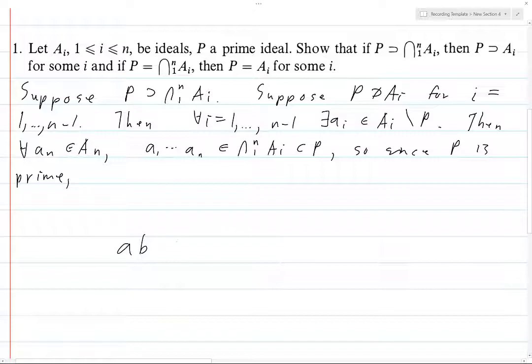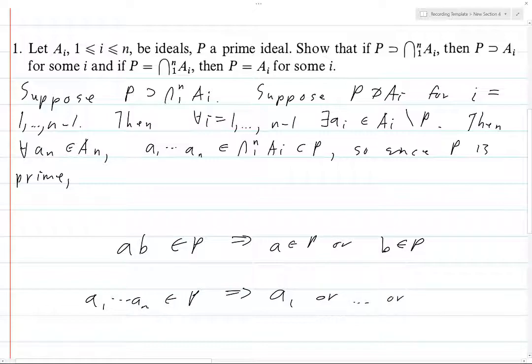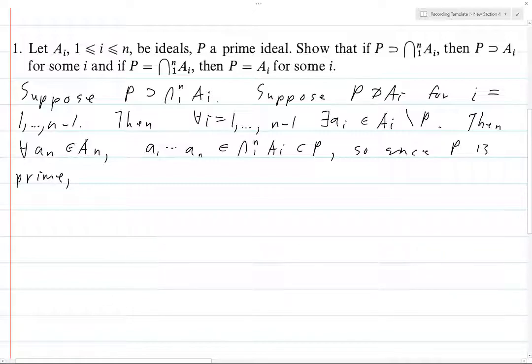Typically we have AB in P implies that A is in P or B is in P. But more generally, if we have A1 through AN in P, then A1 or all the way up through AN is in P. One of these factors is in capital P, and that's just a simple induction proof. I'm guessing or hoping that they mention that in the text, but if they haven't, it should be fairly easy to see that. So since P is prime,